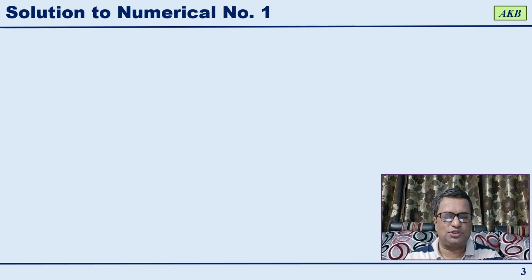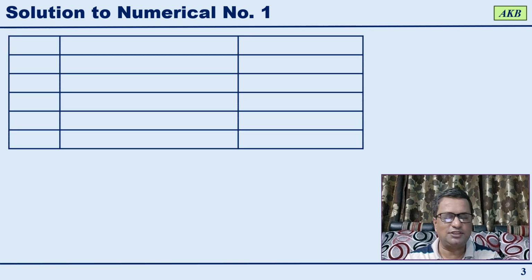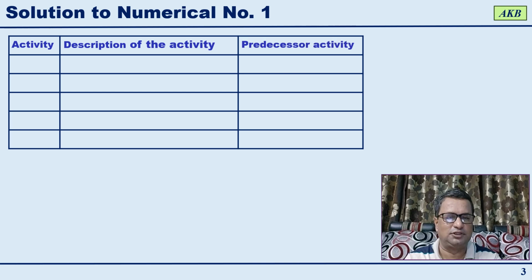Okay, to start with, we will deal with the first 5 activities, and then we will deal with the remaining 5 activities. So I have just rewritten those activities. On this slide, I am writing the first 5 activities. So activity A, dismantling the pipeline, no predecessor activity. Activity B,